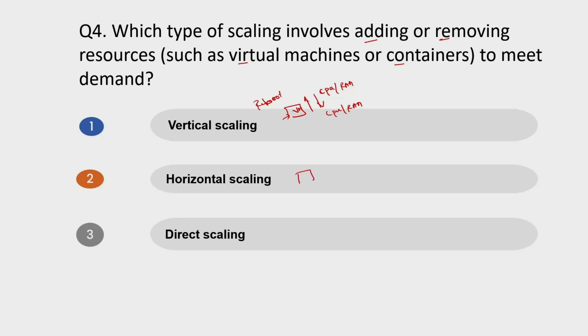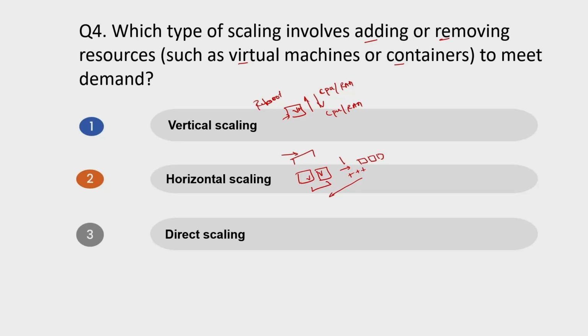Horizontal scaling, we have the virtual machines. I can add virtual machines whenever there is a demand. Let us say I am running a critical application, or there is an e-commerce website like Amazon or Flipkart. If there is some discount sale and too much traffic, I'll be able to add virtual machines based on the demand. Once the demand is over, I can remove the virtual machines and come back to normal.